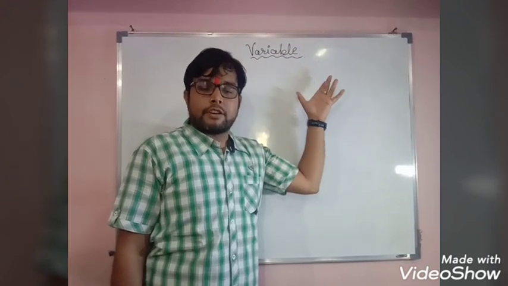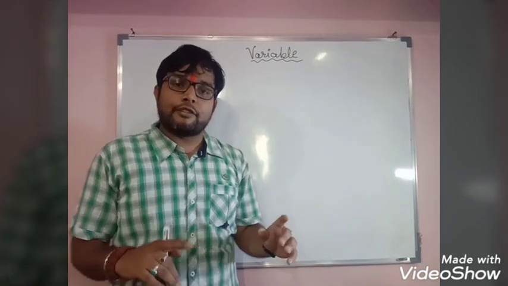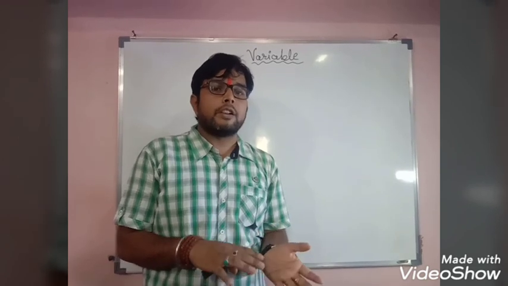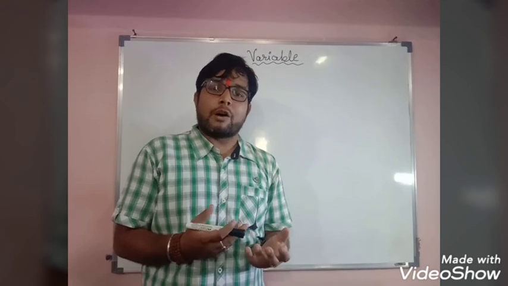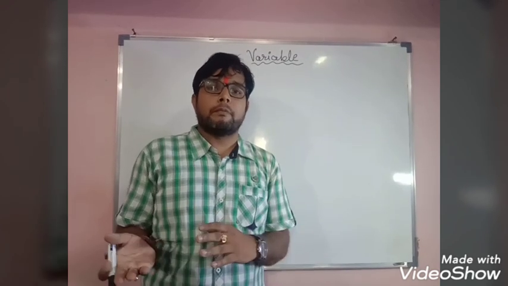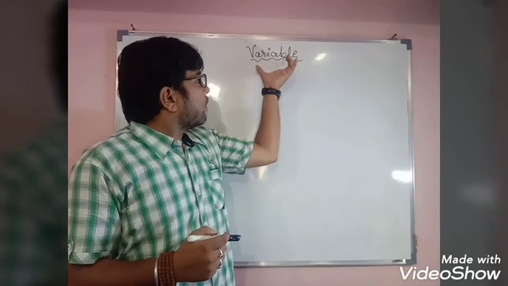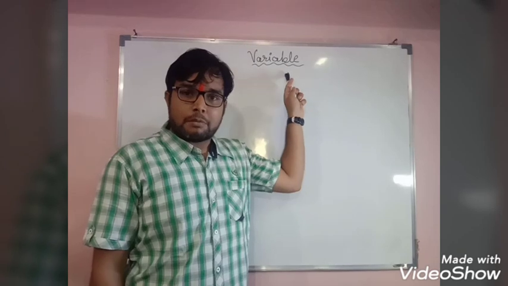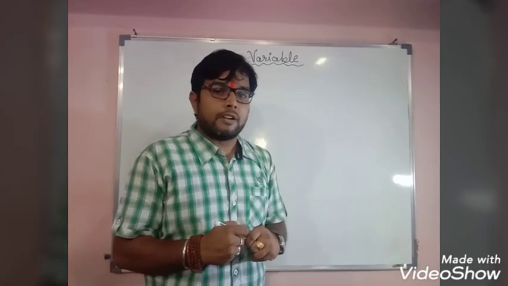In the last lecture we have already learned about the types of token. There are different types of token. One is literal, which we have already learned. If you want to know about the literals, then go to the last video which I uploaded. If you want to know about the variable, then here we will learn about the variable. First we will know what is a variable.